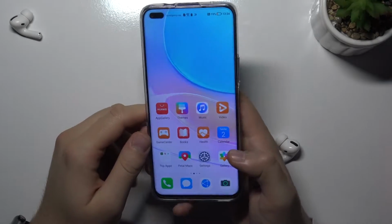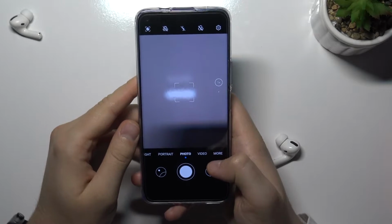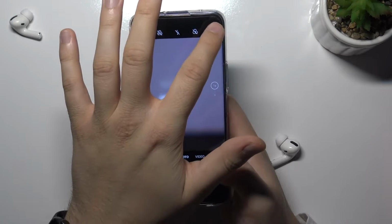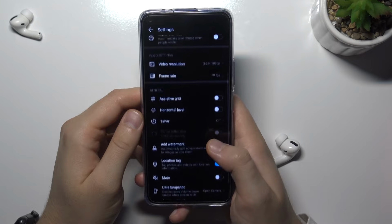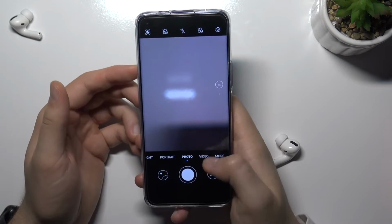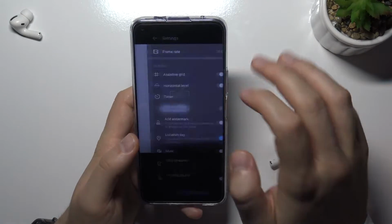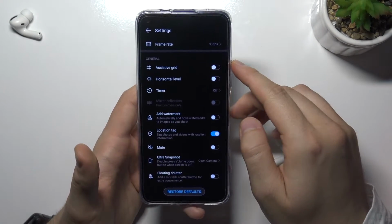Welcome, today I am with HUAWEI Nova 8i and I will show you a couple camera tricks. So first, I will show you the best features that we can find in the settings, and after that I will smoothly move to all modes, to the best features that we can find and use in the modes and the more modes. So let's open the settings, and as you can see at the first we can find